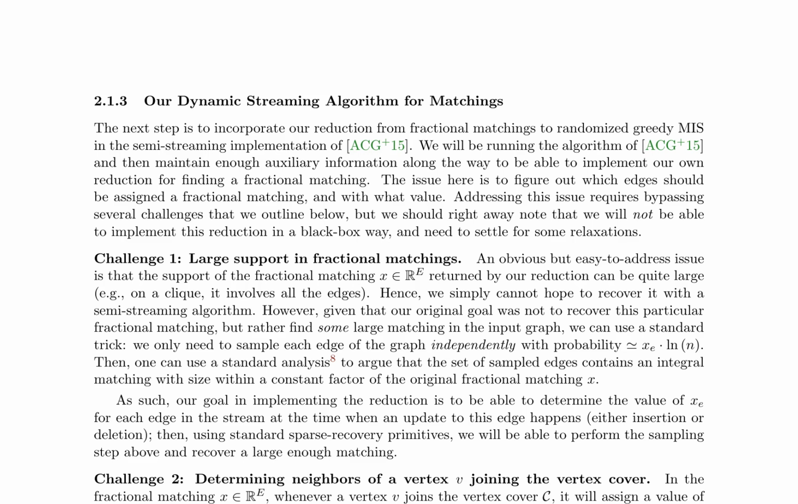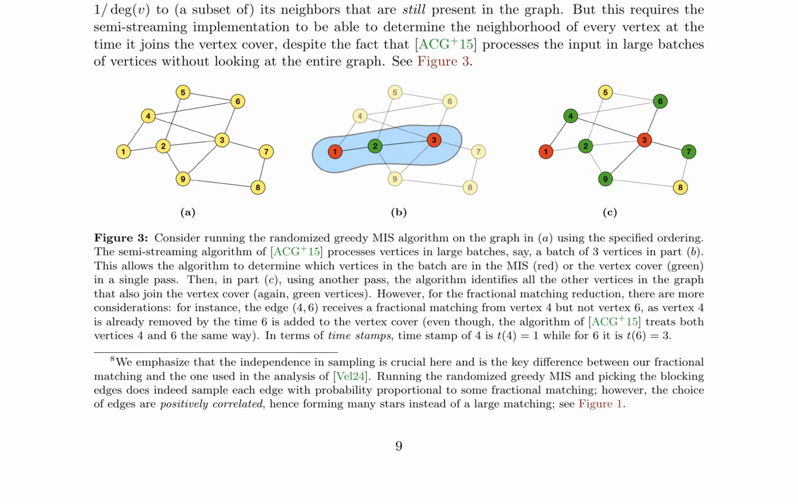Another challenge involves determining the neighbors of a vertex joining the vertex cover, as the semistreaming algorithm processes the input in large batches without examining the entire graph. To overcome this, the paper proposes a method to identify these neighbors using additional passes and considerations based on timestamps and vertex removals. This approach leverages the algorithm's ability to process the input in batches, allowing for efficient identification of vertex neighbors. The proposed algorithm builds upon the work of ACG+15 and utilizes standard sparse recovery primitives to perform the